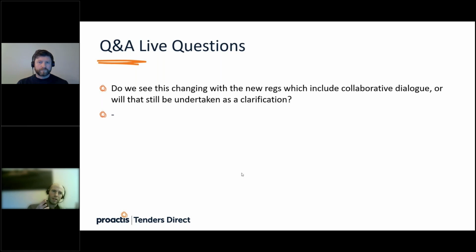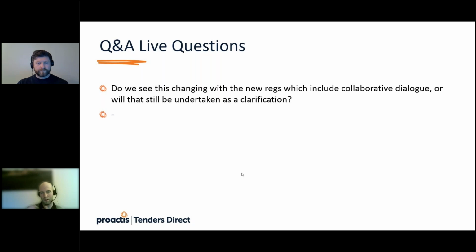So just for clarity, what they've done is they've amalgamated all of the different procedure types under a banner heading. It's negotiated competitive procedures, I think it's called, if my memory doesn't abandon me, and just an open procedure. So open procedures are staying as is. All the other ones have been pulled under this umbrella term.